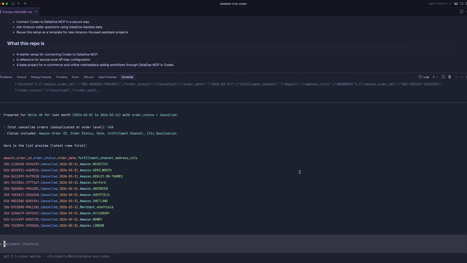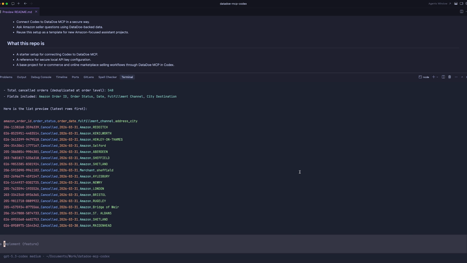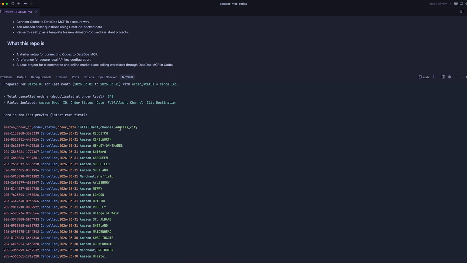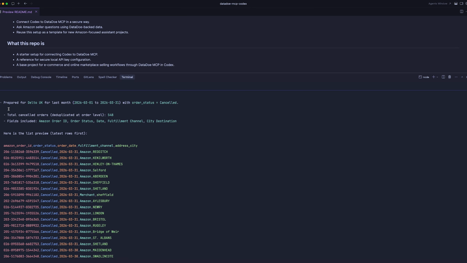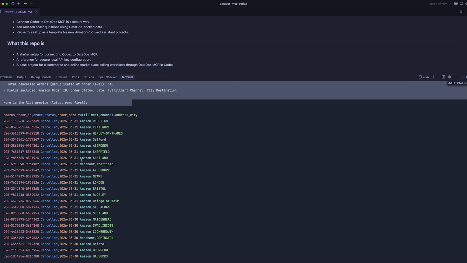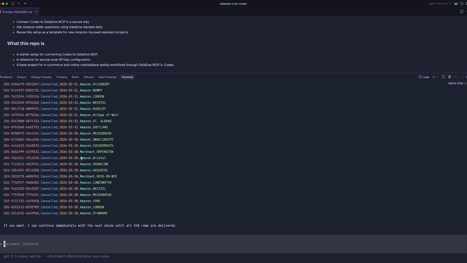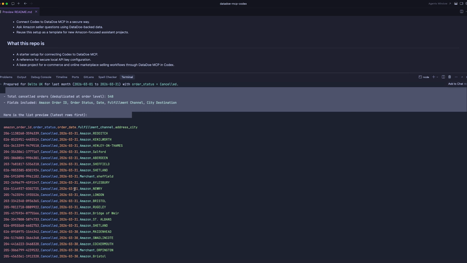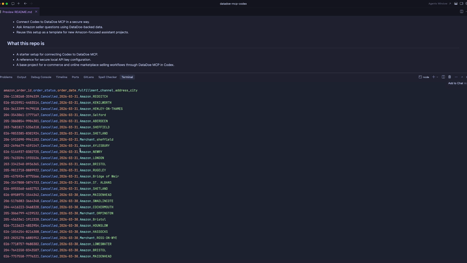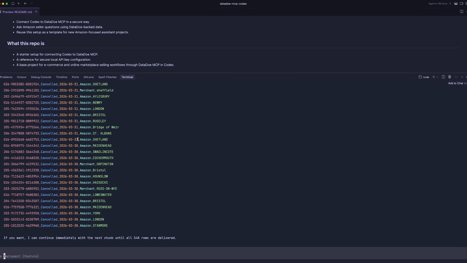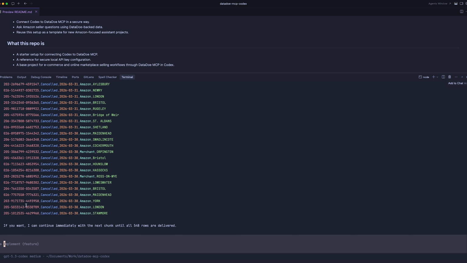Okay, so Codex generated a simple colored table with needed columns like Amazon order ID, order status, order date, fulfillment channel, and address city with a short summary. And here, as you can see, there are all orders, not all orders, but most of them, which are cancelled with needed columns. And if we want, we can continue to see the next chunk, the next portion of all orders that were